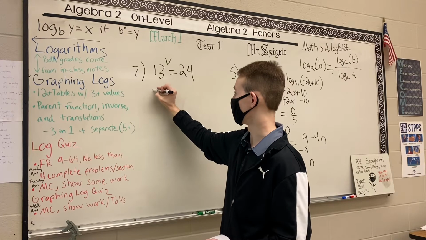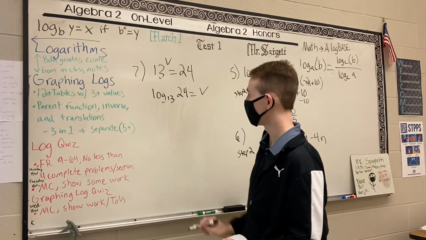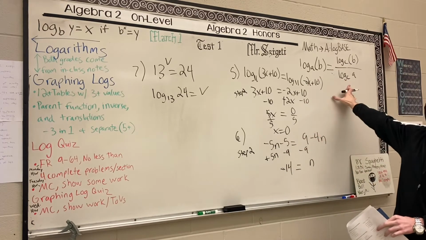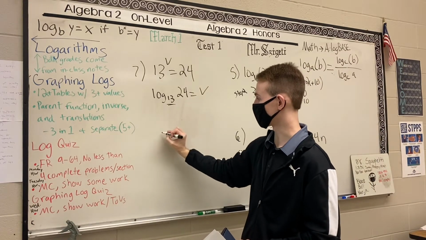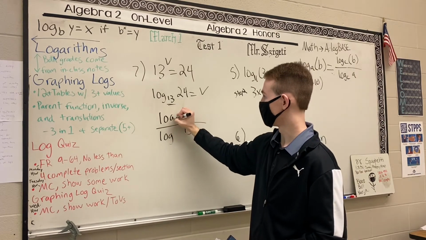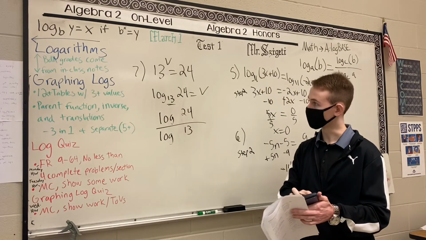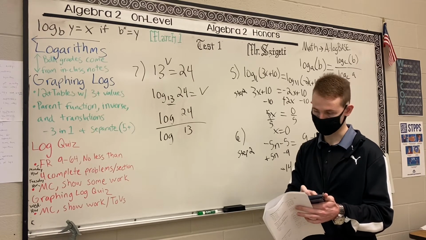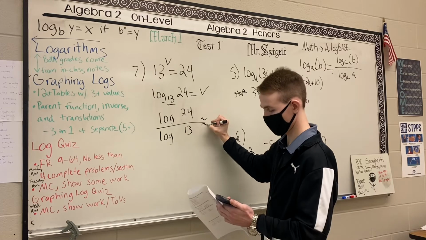So now we've got our log base 13 of 24 is equal to v. So with our regular scientific calculator, what you have to do is our change of base formula in order to plug it in. So what's going to happen is our original base will go in the basement. So 13 will be the denominator, and then log of 24. So now it's base 10, so we can plug it into our calculator. So we'll have log of 24, and then divided by log of 13. Looks like it is approximately